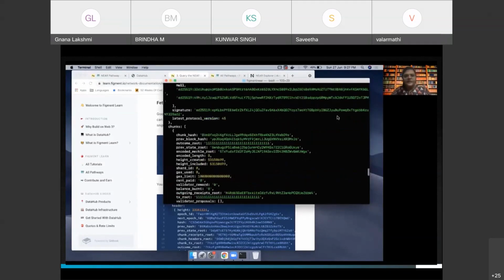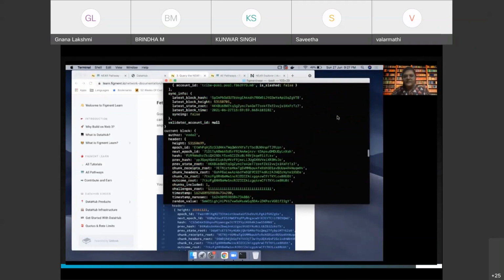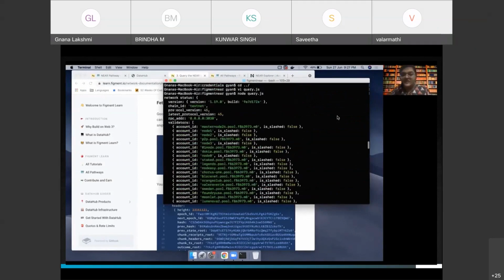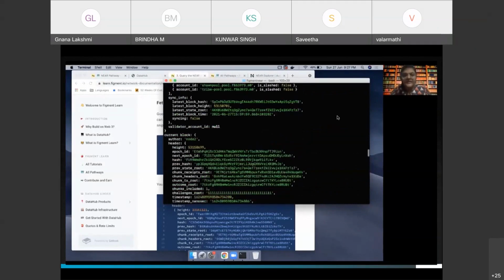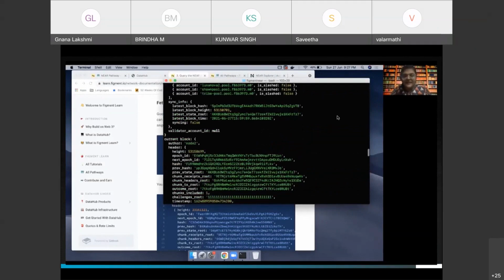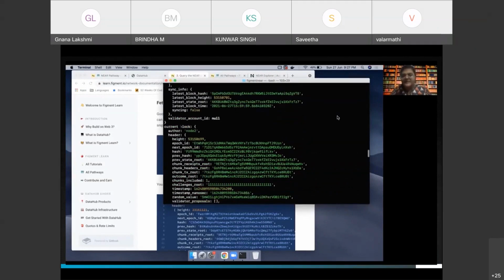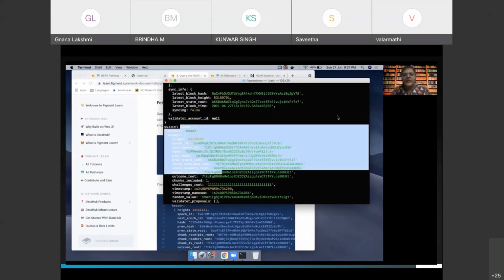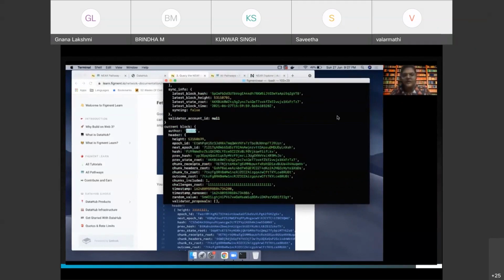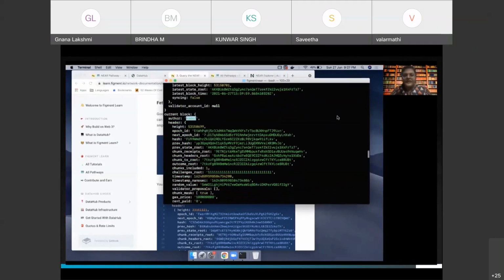All right. So the first thing that we queried was the status of the chain. This we already saw. Remember the version, chain ID, protocol, all of these things, right? Till here, sync info. Now the next part is the block. So we are getting the info of the current block. The author is node 2. We can get a lot of information like what is the hash, what is the previous hash. As you have seen in a blockchain, every block has its own hash, and it is connected to the previous block using the hash of the previous block. That's how the chain is created, right?